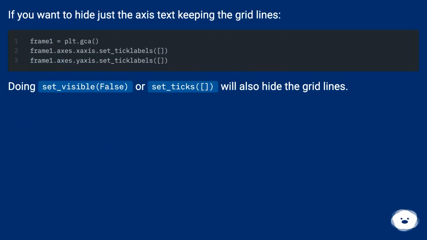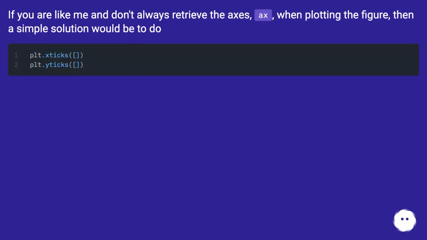If you want to hide just the axis text, keeping the grid lines, doing set_visible false or set_ticks will also hide the grid lines. If you are like me and don't always retrieve the axis x when plotting the figure, then a simple solution would be to do